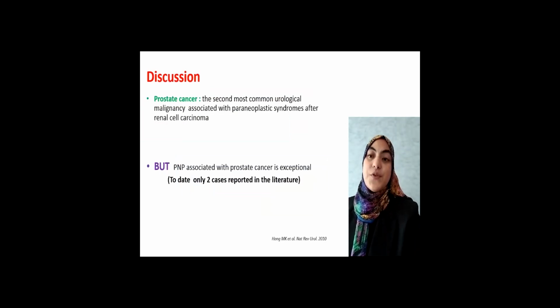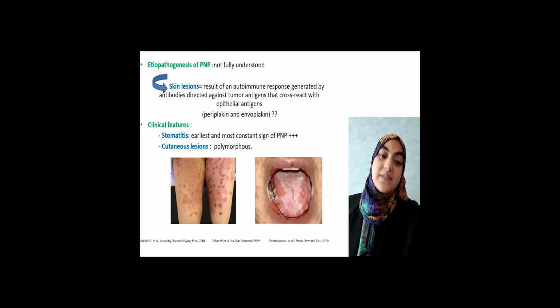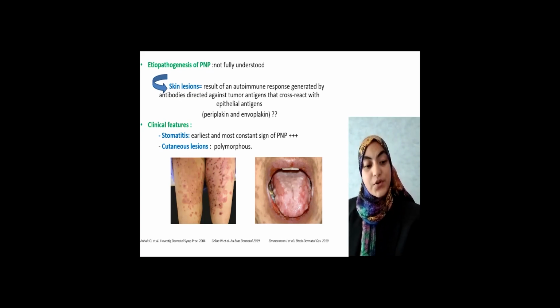Prostate cancer is the second most common urological malignancy associated with paraneoplastic syndromes after renal cell carcinoma. However, paraneoplastic pemphigus associated with prostate cancer is exceptional. To date, only 2 cases are reported in literature. So the etiopathogenesis of paraneoplastic pemphigus is not fully understood. Skin lesions may be the result of an autoimmune response generated by antibodies directed against tumor antigens that cross-react with